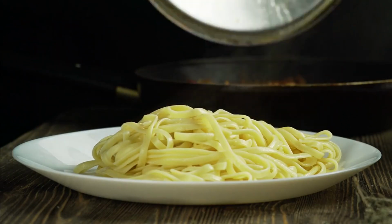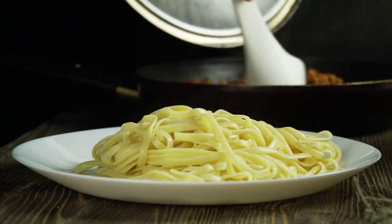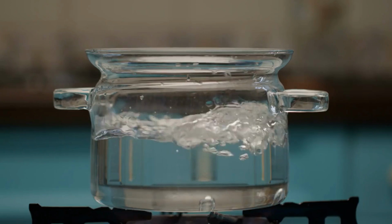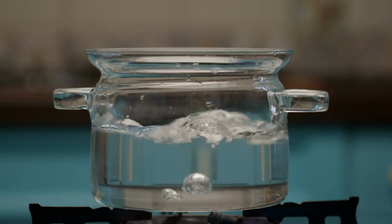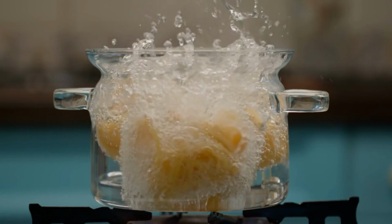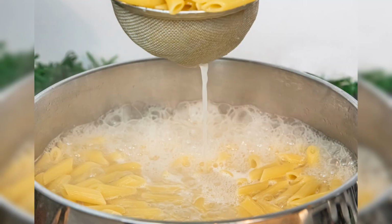Number 1. Save pasta water for silky sauces. When cooking pasta, the water it's boiled in absorbs starch released from the pasta. This starchy water acts as a natural thickener, making it perfect for enriching sauces without adding cream or additional ingredients. Adding a small amount to your sauce not only helps it cling to the pasta, but also enhances flavor and